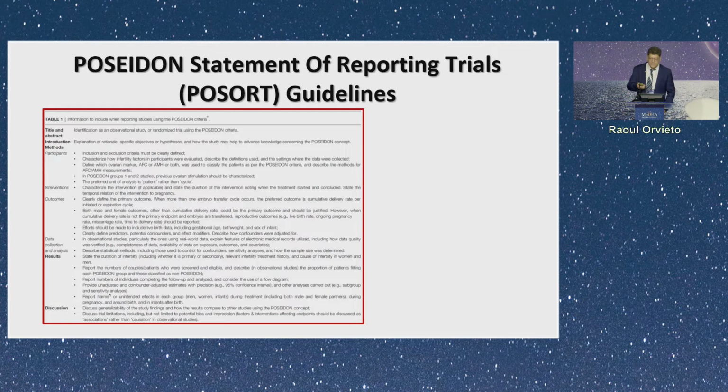And you can see it's about 20 items related to when you are doing a study, all the way through the study: the introduction, what you have to report, the material related to inclusion and exclusion criteria, to include non-POSEIDON and POSEIDON members and the prevalence of them, if you are doing interventions, how to present the intervention, the result, whether the study is observational or not, whether it's an RCT or not. So these are the items that you should go over and try to include or implement in your study